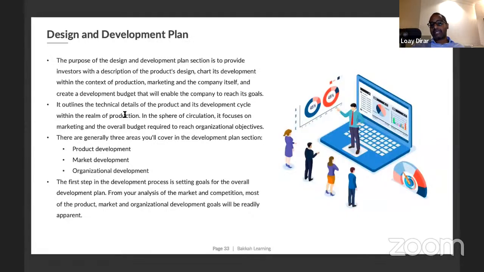It helps to outline the technical details of the product. So the more you know about the technical details of your product and its development life cycle within the realm of production, in the sphere of circulation, it focuses on marketing and overall budget required to reach the organizing objective. By the way, this part is very important. And sometimes the technical expertise usually comes from involving the right suppliers. So you need to engage with the right suppliers, those who have the right expertise, the right experience in the past. So they're going to help you to come up with the right